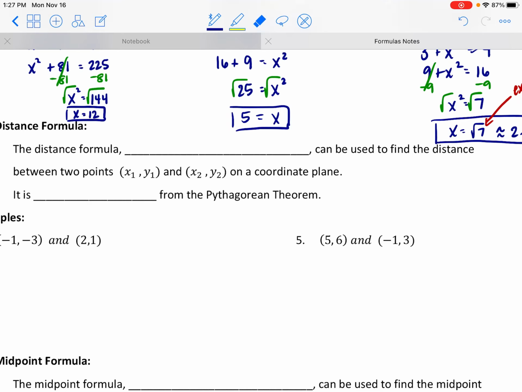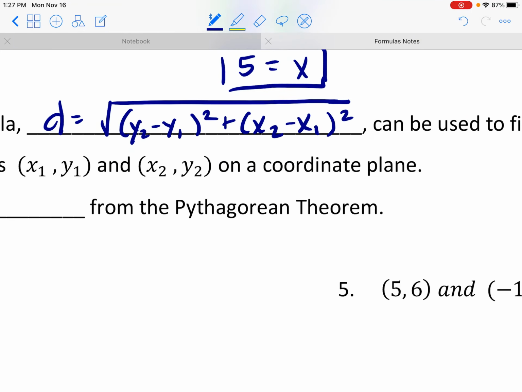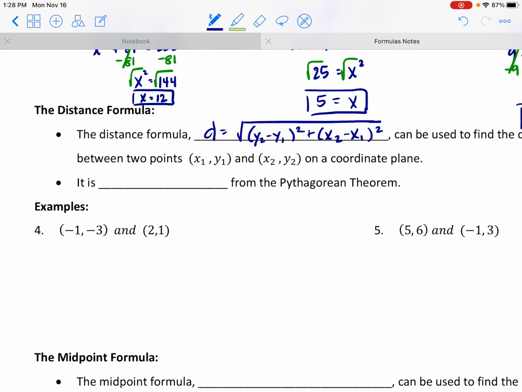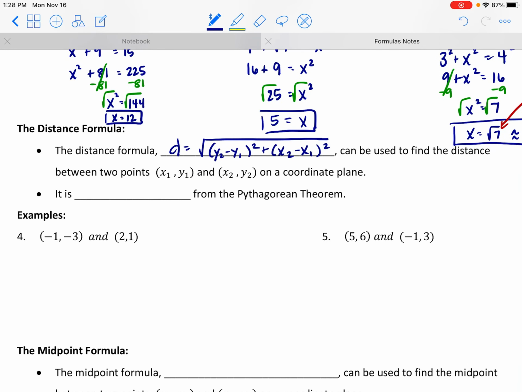But the distance between those two points can be found by taking the square root of y2 minus y1 squared plus x2 minus x1 squared, which I don't know if that's intimidating to you, but you have to subtract the y's, you have to subtract the x's, you got to square both of those differences, you got to add the squares of the differences, and then you have to take the square root of that sum. So there's a lot of places in that formula to make mistakes, but again, this is just a version of